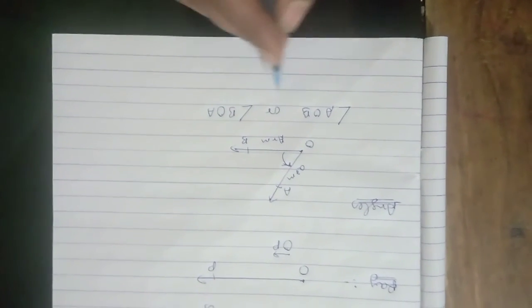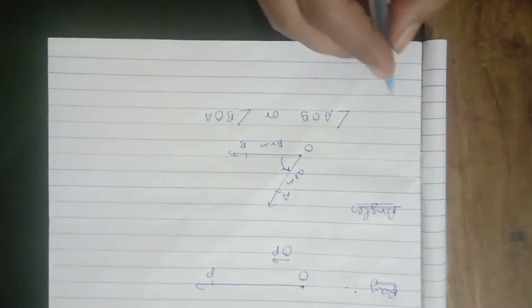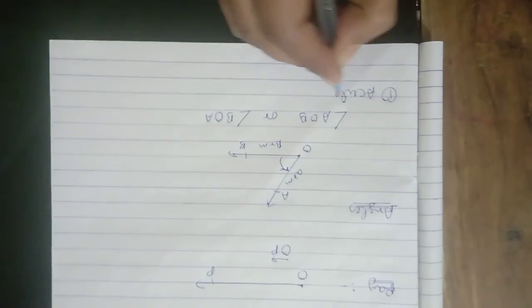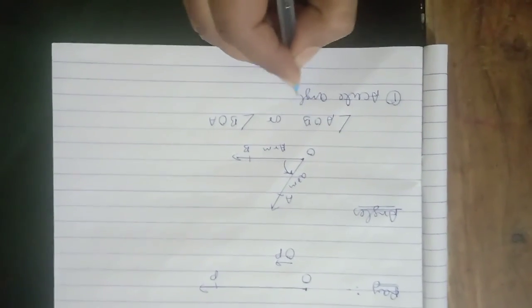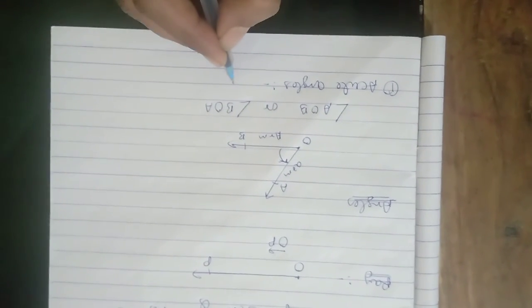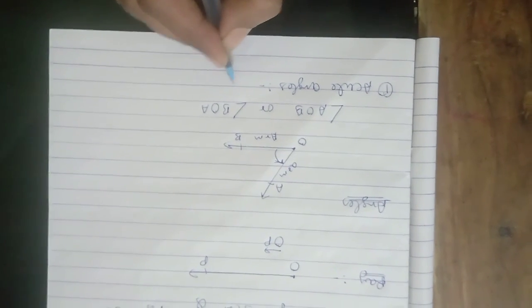Now, various types of angles, I think you have known these, like acute angles, which are less than 90 degrees and